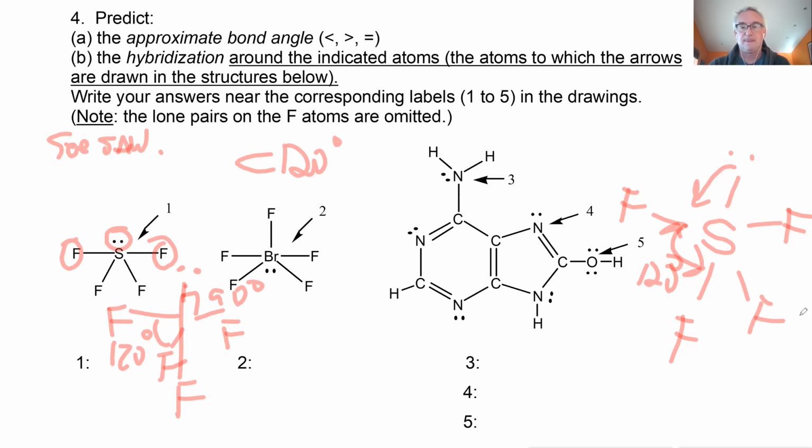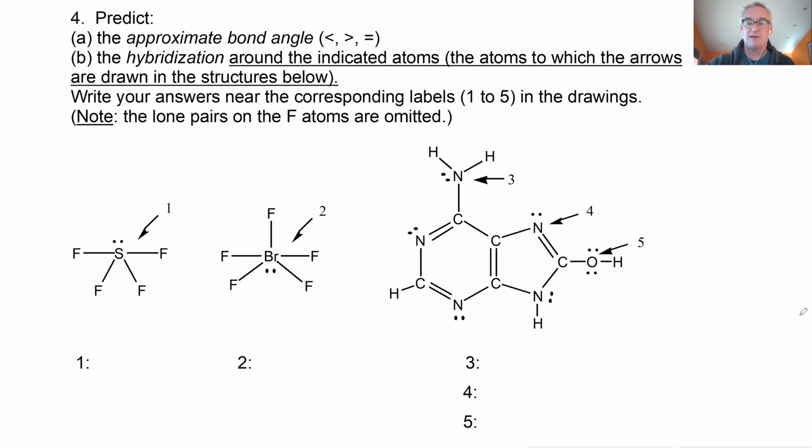Okay, thank you so much, Professor. Oh, no problem. Oh, what's the sulfur hybridization? We didn't do that part. What's the hybridization on sulfur? Sulfur has 5 regions of electron density. What hybridization is that? sp3d? Yes, exactly. sp3d. So it needs 5 places to put electrons. Excellent.